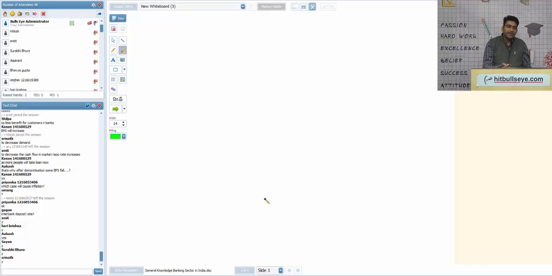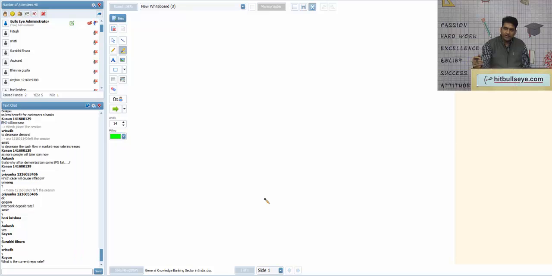Now reverse repo rate is simple. Like RBI charges on lending, reverse repo rate is the interest rate which RBI gives to banks on their deposits. एक तरीके से RBI से अगर लोन ले रहा है तो RBI चार्ज करता है रेपो रेट. RBI के पास अगर बैंक्स अपना पैसा रख रहे हैं तो RBI उनको इंटरेस्ट देता है, that is रिवर्स रेपो रेट. इन द केस जैसे हम बैंक्स में जाके सेविंग डिपॉजिट में 4% इंटरेस्ट लेते हैं, सिमिलरली RBI also gives